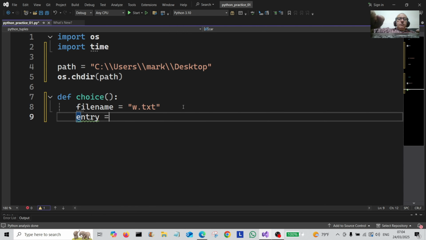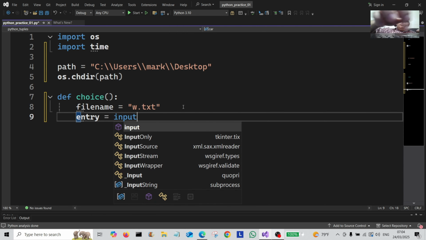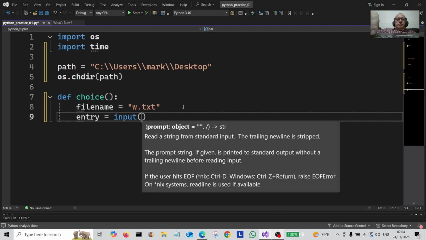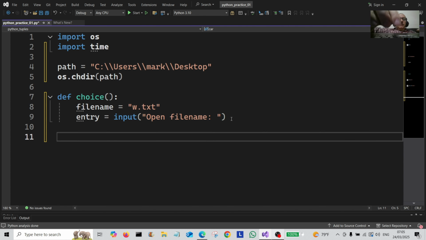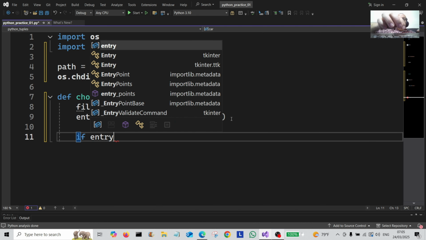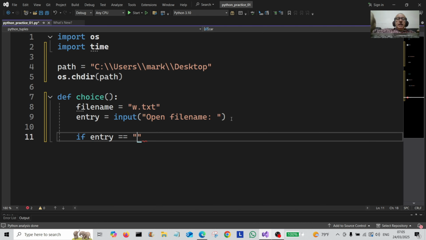Now we're going to create a variable called entry and assign it to input to get the user input, and then we tell the user what we want them to input. So in this case, open file name. No, they won't input a file name, they will input either yes or no. So if entry is equal to yes,